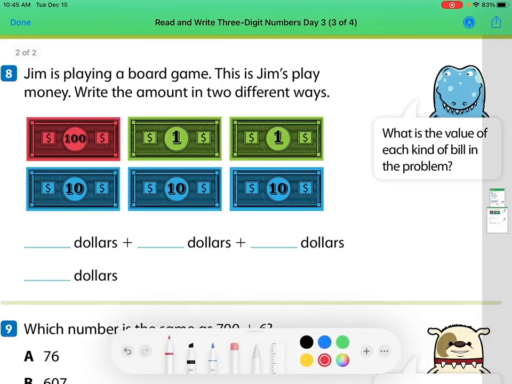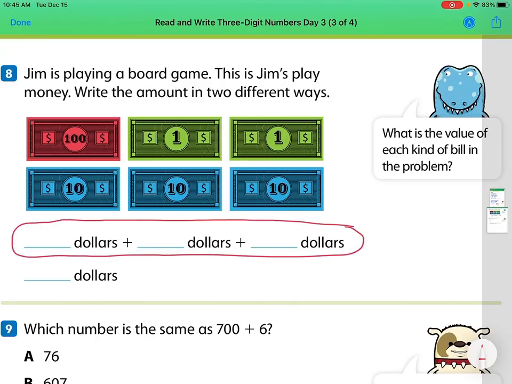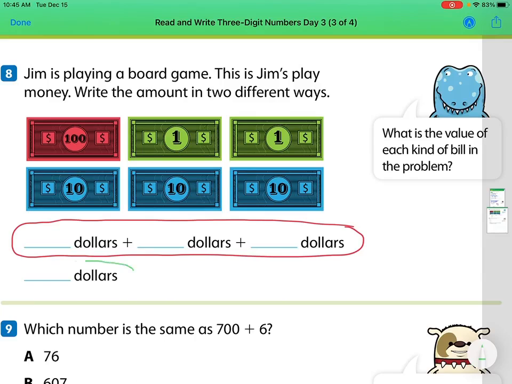All right, so let's take a look at what they want us to do. Here is one way, and I'm going to circle one way, just like that. And the second way that they want you to write the number is this way right here. Okay, so we want to know the value of the money. Okay, so the first one, they want you to put the value of this amount